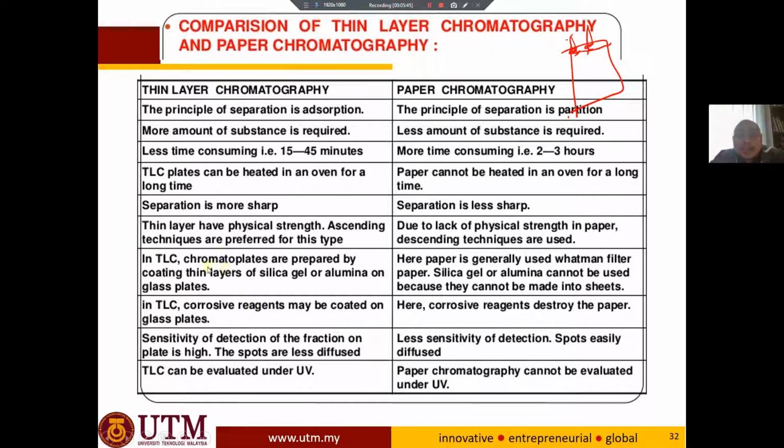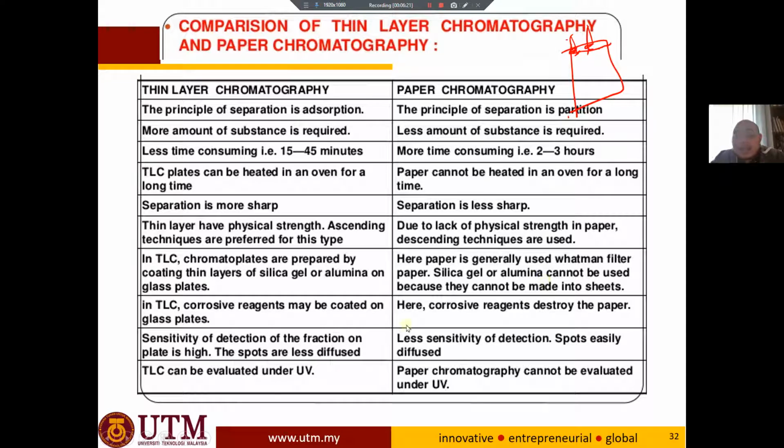And what are the others? In TLC, chromatoplates are prepared by coating a thin layer of silica gel or alumina on a glass plate. It can be either glass plates, aluminium plates, and also plastic plates. Nowadays they are also available in plastic plates, just for the information. But the paper generally uses filter paper; silica gel or alumina cannot be used. They cannot be made into sheets. We cannot attach silica or alumina on the surface of the paper because